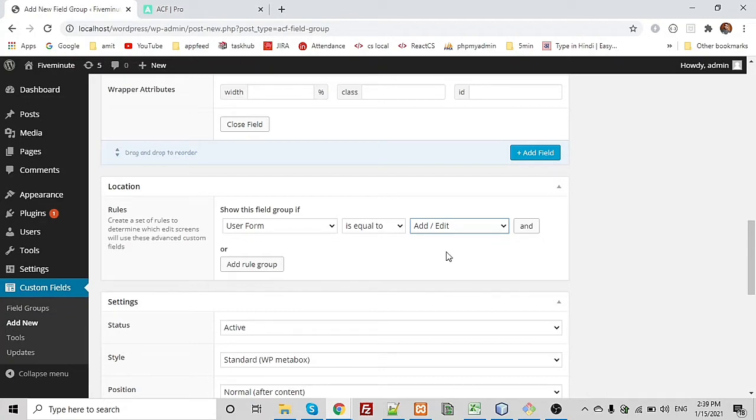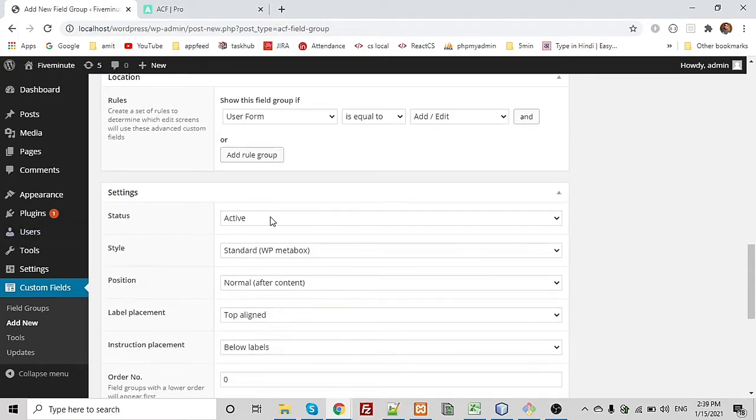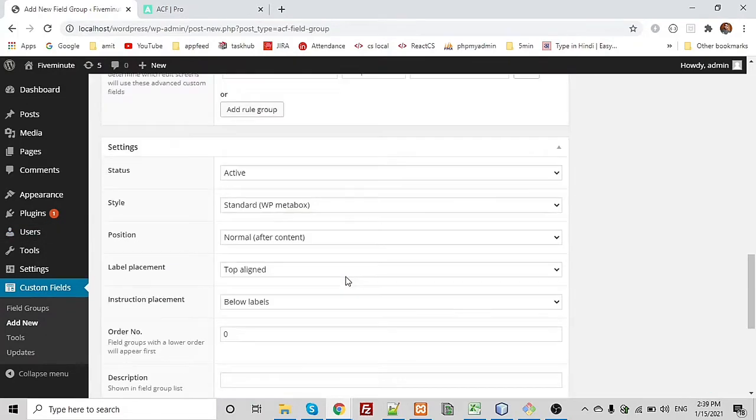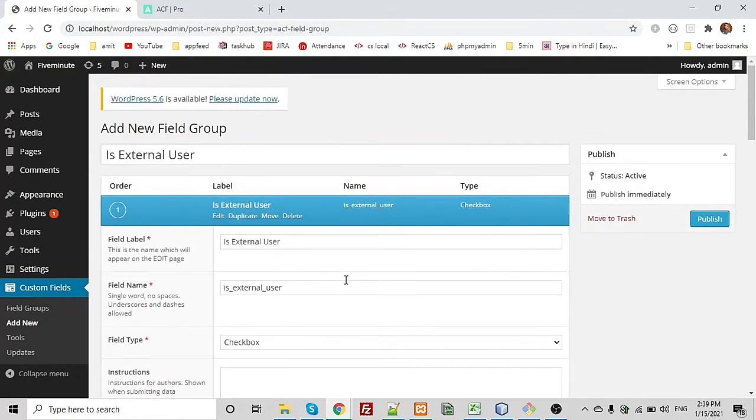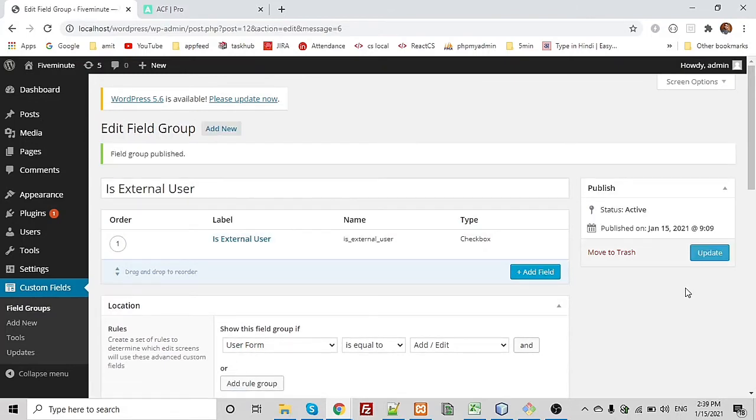So I am selecting add and edit. The field is active. Now publish this custom field. The custom field is saved.